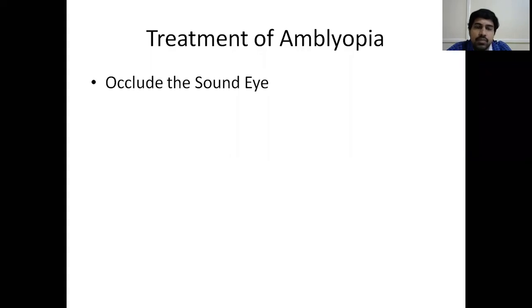So what is this occlusion? Suppose there is a child at the age of 2 years, and you did a cataract surgery for him in the right eye. After cataract surgery, his vision is not improving fully. His left eye is totally normal with 6/6 visual acuity. Then what is your aim? You have to improve the vision in the right eye. So to improve the vision in the right eye, you patch the left eye, the normal eye, you occlude it, so that the patient will be using only his right eye. The more he uses that abnormal eye, the more chances that its visual function will mature and develop to the full extent.